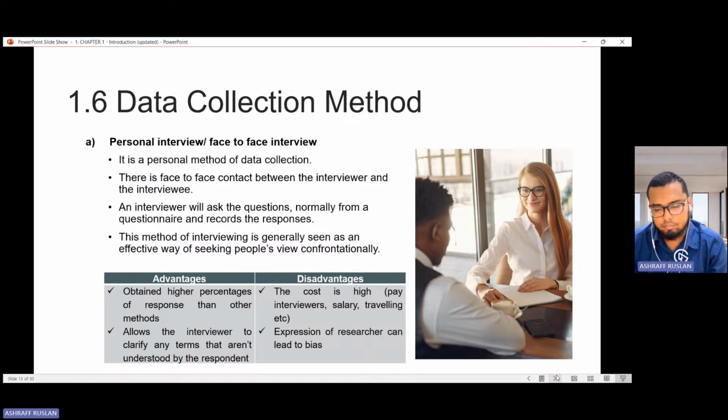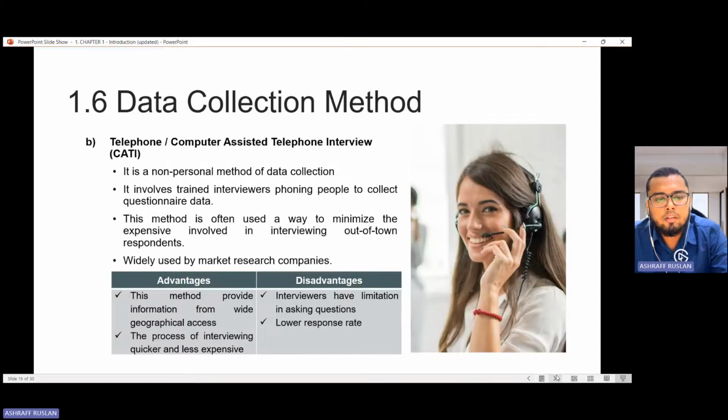And then it comes to the data collection method. Okay, data collection method where we have a few methods to do data collection. Antaranya interview. Okay, ini memang selalulah. Okay, for those yang maybe dah pernah nak kerja secara part time pun, you are going to face maybe a very simple interview before this. Okay, ataupun nak masuk kerja lagi lah, regardless of face to face ataupun online interview, still interview. Okay, and then selalu interview melalui telefon.